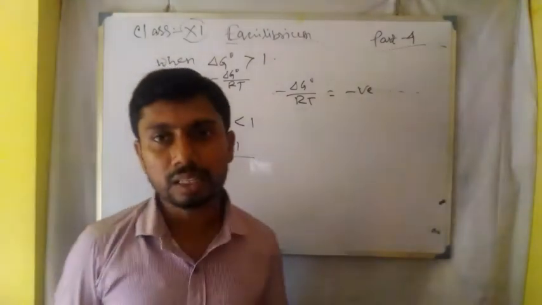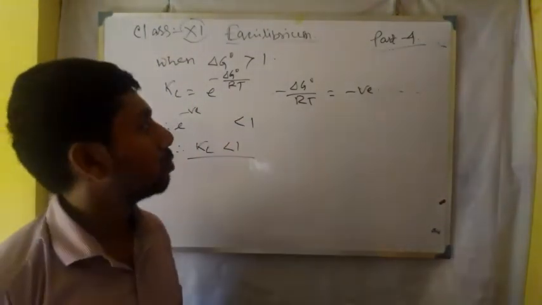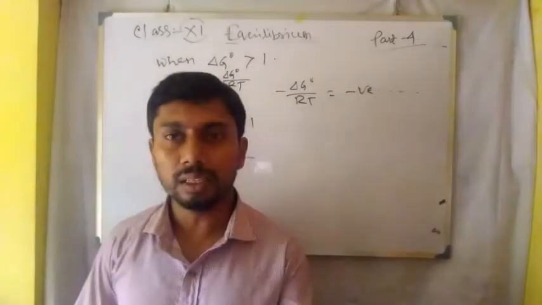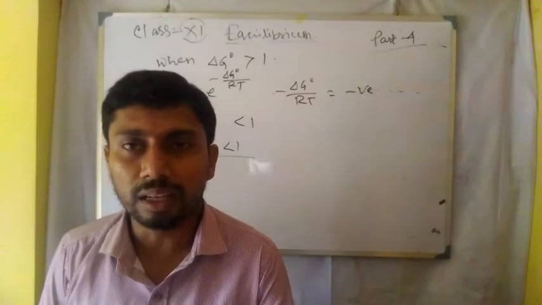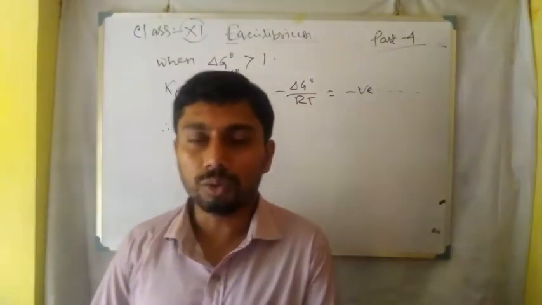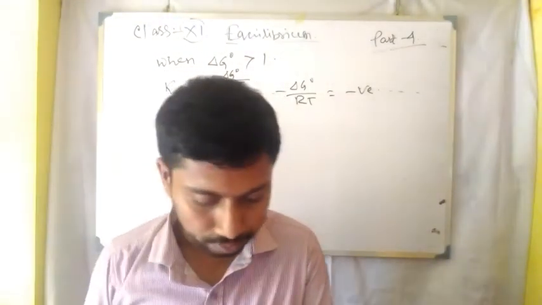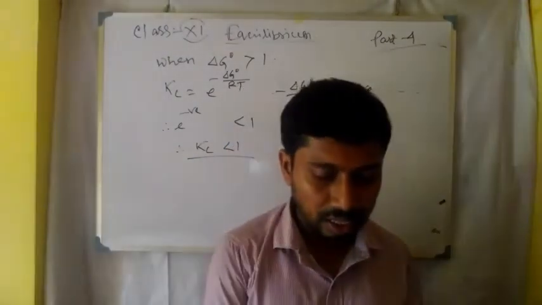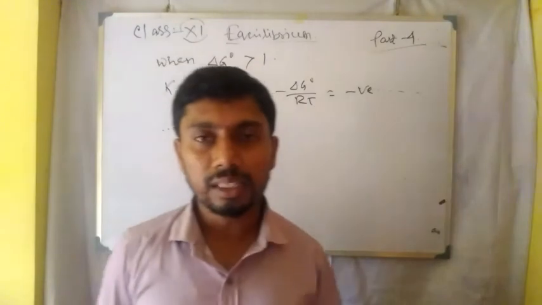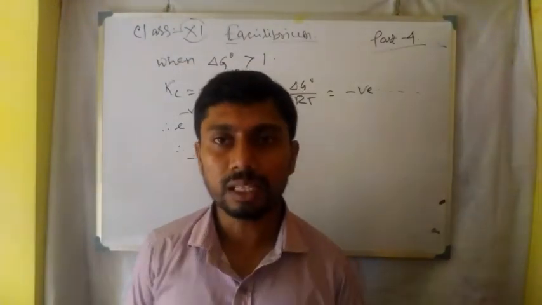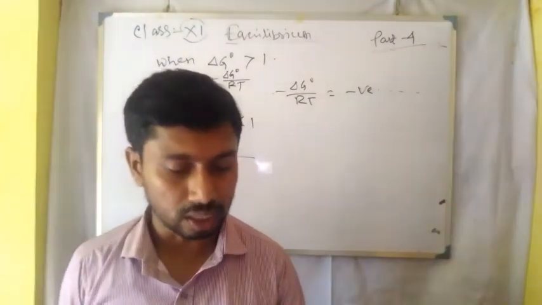So in the first case, Kc greater than 1, that is when del G0, the free energy function, is less than 1, and the reaction is possible according to the thermodynamic concept. So this is the relation between K, del G, and the extent of reaction or the reaction quotient, that is Q.